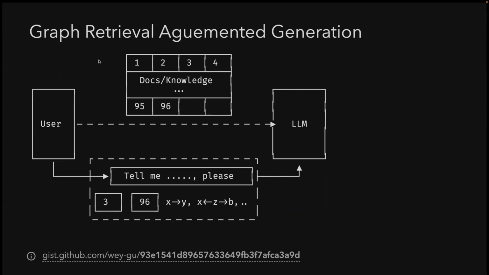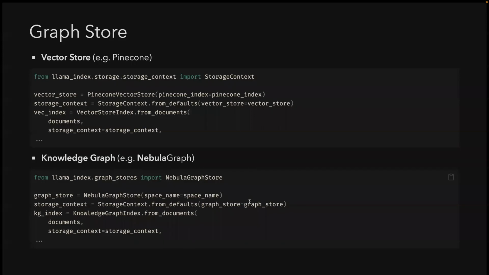And if we look back to this workflow, we just get the knowledge graph, the relations between the entities, the small pieces of the knowledge, as the context to be sent to the language model. To do that, we collaborated with the LlamaIndex community, and we define a new storage called